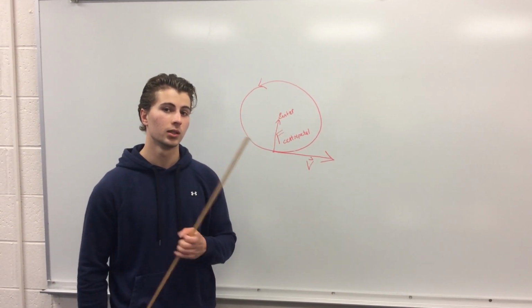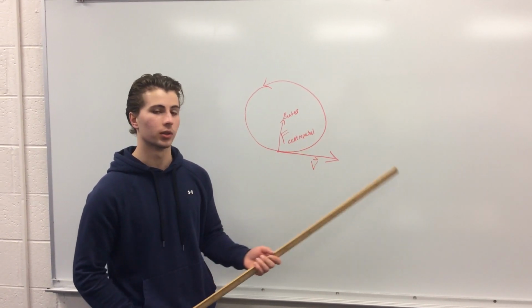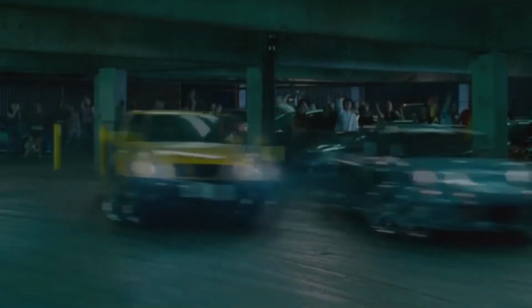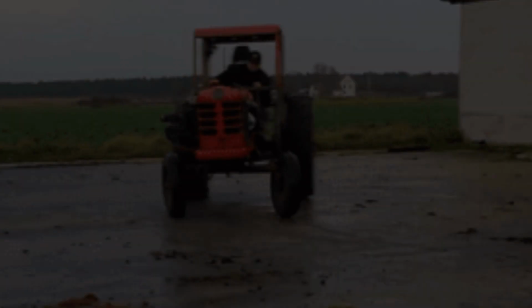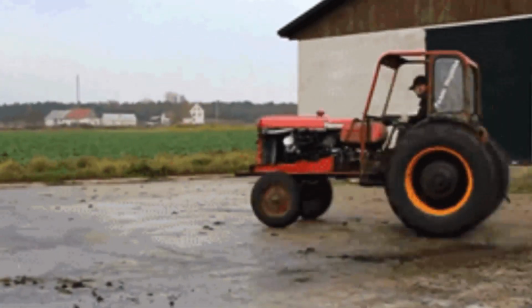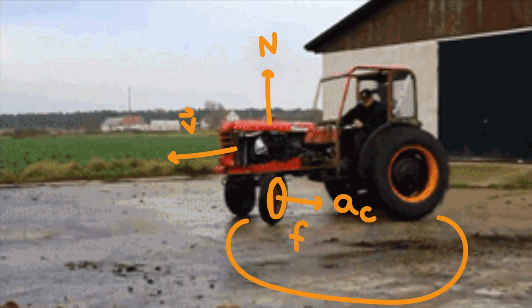That is due to Newton's first law, which states that the object will continue going in the direction that it is going unless a force acts on it. Take for example a tractor turning. In this example, the centripetal force is the force of friction acting on the tires. Notice that the tire is perpendicular to the circular path, and the force is directed towards the center of the